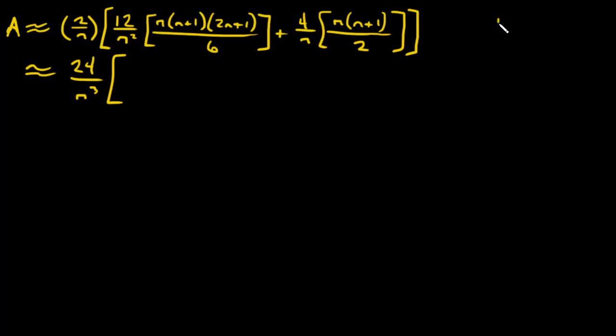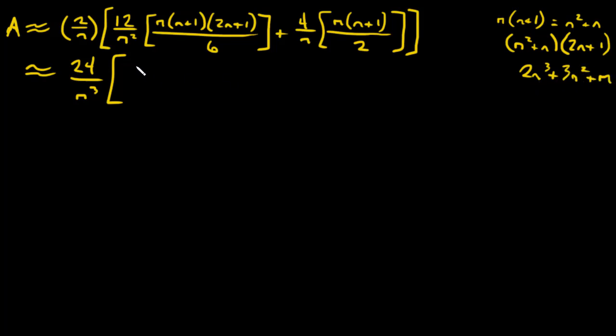Well, let me do some scratch work. n times n plus 1 equals n squared plus n, and then n squared plus n times 2n plus 1 winds up being 2n cubed plus 3n squared plus n. Alrighty? So this becomes 2n cubed plus 3n squared plus n over 6, and then plus,